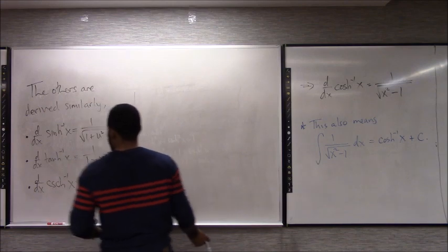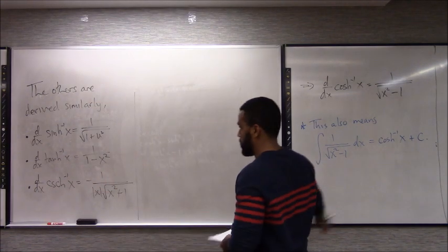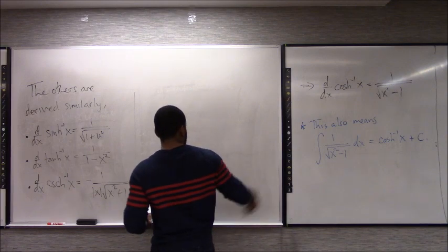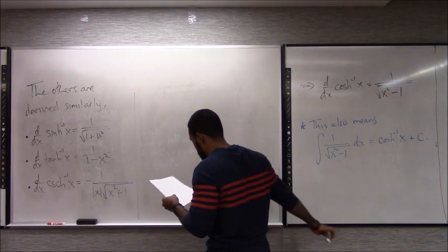I wouldn't ask you to memorize it, but at this point it might be a nice bonus problem to ask you to derive something like this, and you just go back to the kind of things we've been doing before, either the definition or